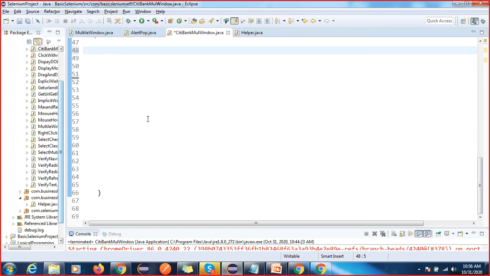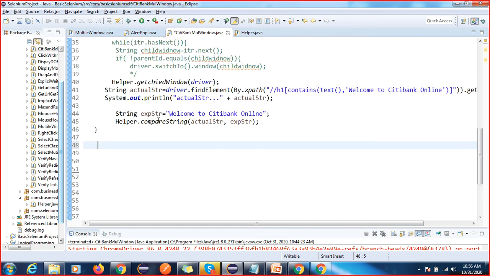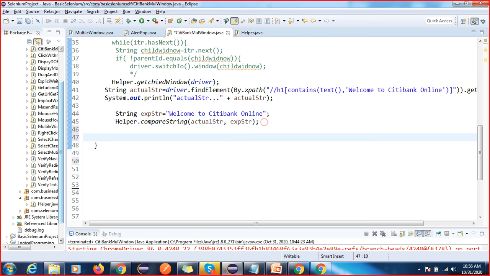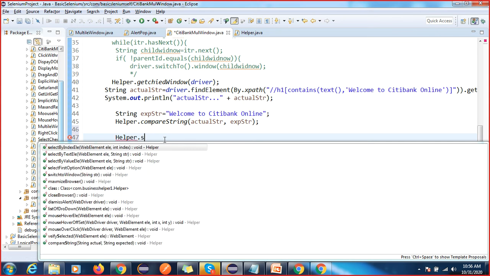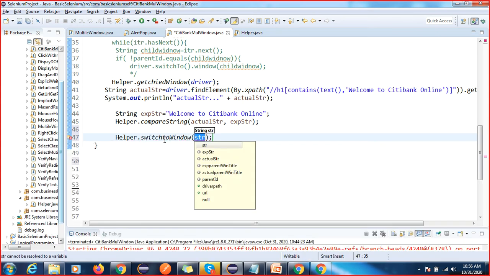Oh, we have to call in main, right? One second, helper dot get window, or no, what method name have we used for switching, right? Switch to window. Simply what I have to pass, parent.